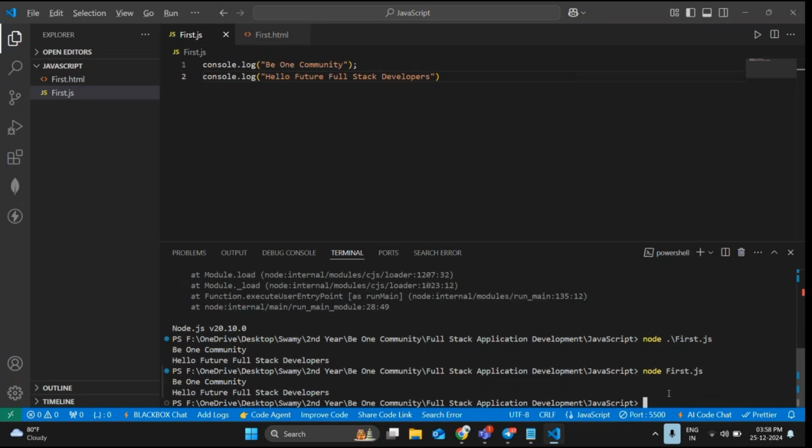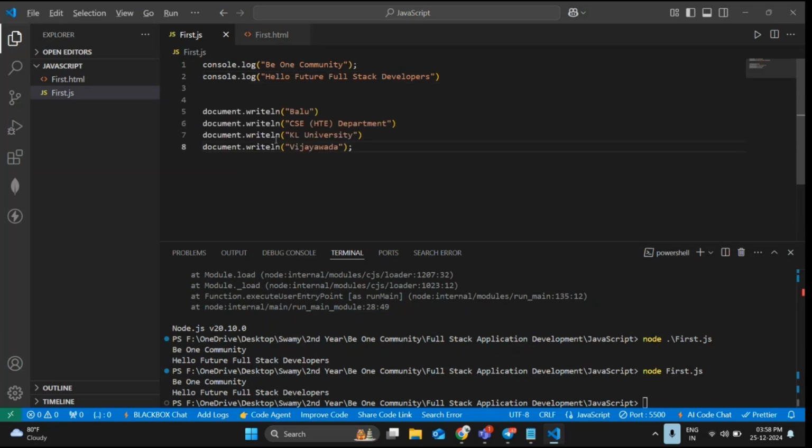This is the output. This is a way to run our particular application for console-based data, to display data in the console. But for document.writeln, to display our console data in the browser, you need to use